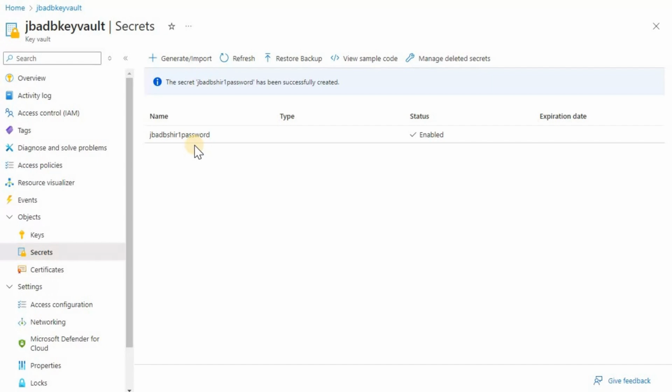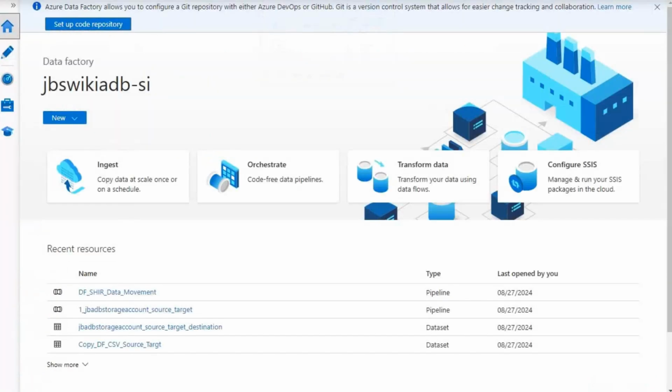Now what we need to do, we need to head to our ADF, and then we basically have to create a linked service to the Key Vault. That is how we will be able to connect from our ADF to the Key Vault, retrieve the secret, and then try a connection to SQL Server. Okay, so let's head to our ADF